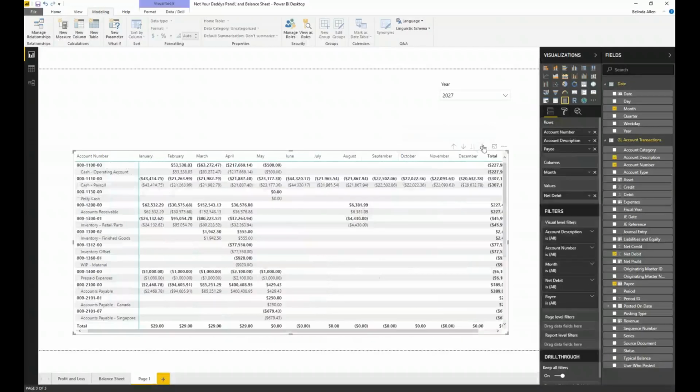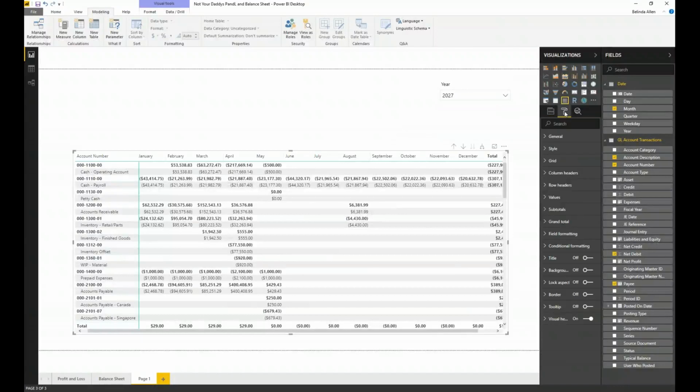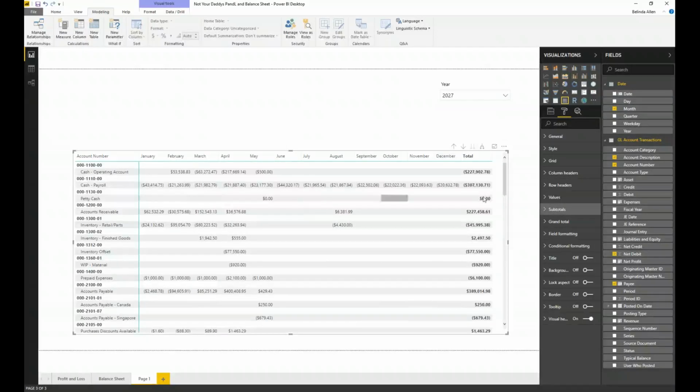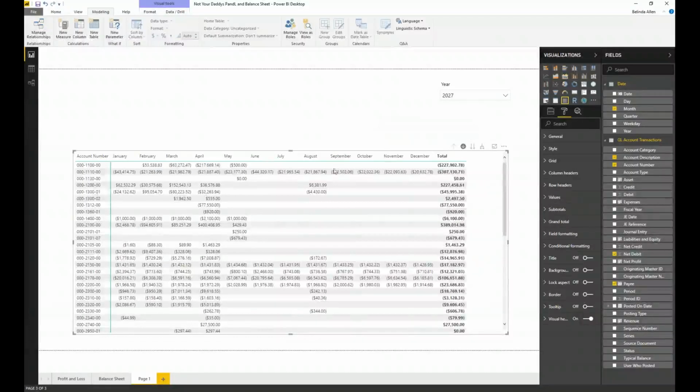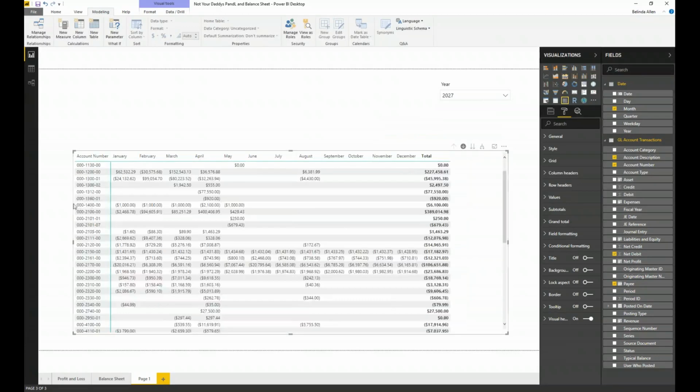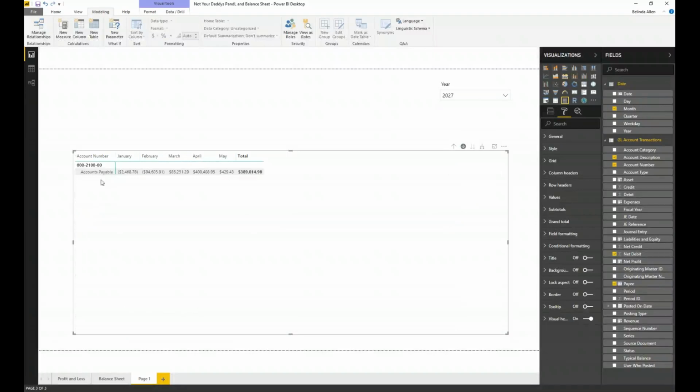If I were to go ahead and expand, it looks like I have duplicates because I see subtotals. So what I'm going to do is go to Format, go to Subtotals, and turn off my row subtotals. Now I'm not seeing all that noise. I'm going to click on this particular arrow. This is our drill down arrow. So now if I were to open up one of these and double click on the account again, whoops, petty cash was a bad example. Let me go in and look at another one. This is payables. There we go.